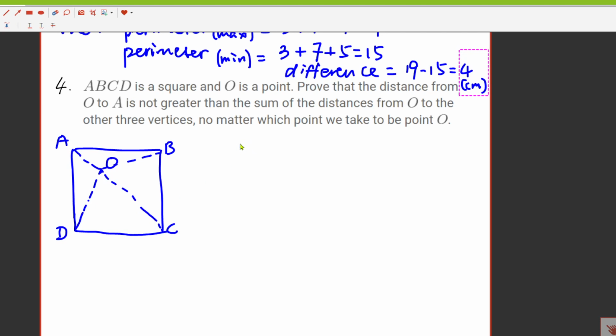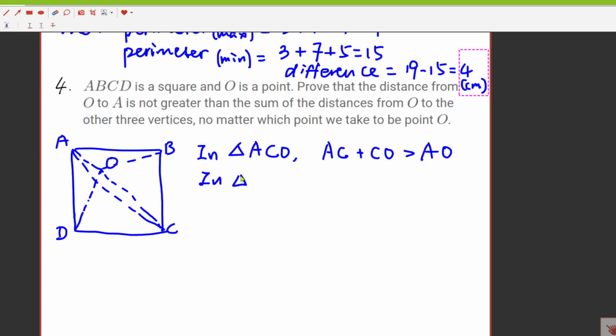And in that case, from triangle ACO, we have AC plus CO is greater than AO, right? And in triangle BDO, which is the angle here, we have BO plus DO is greater than BD, right? So adding these two inequalities gives us